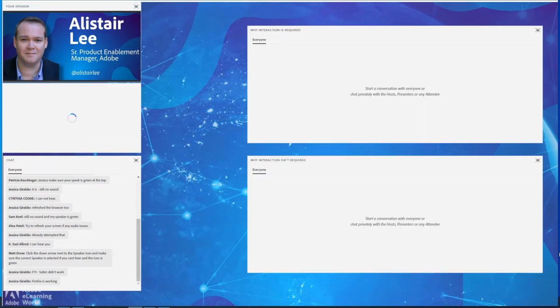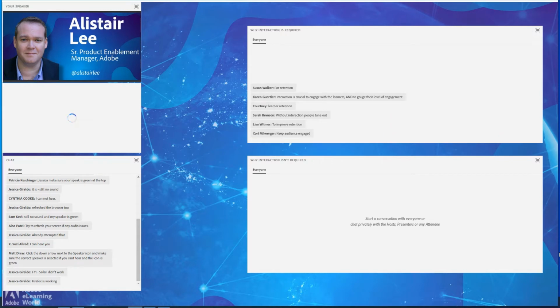Use the agree to disagree pod just below my headshot there if you think interaction is required for engagement. Do you need to have interaction if you want to engage? Hit the green check mark if you think you do, and hit the red X if you don't think it's absolutely necessary. And then if you've hit the green check mark, use the chat box on the top. Tell me why you think interaction is required. If you've chosen no, it's not required, then use the chat box on the bottom of the layout.